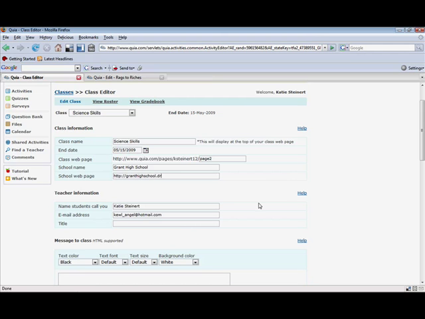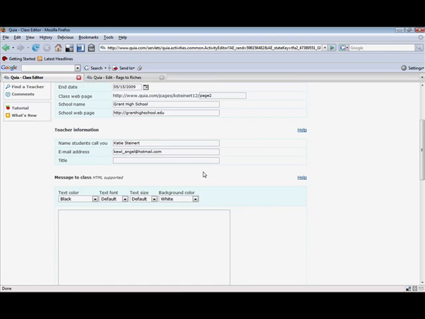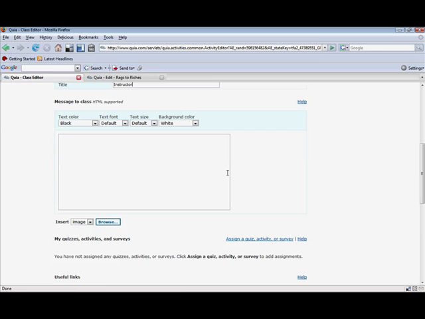I guess it'll be edu. Okay, and then the information as you want to have it for you. So I'm going to put Miss Steinert, and there's my email address. But that's my private email address, so I will probably want to use my school email address. And then my title is instructor, or whatever your title would be. And also from here,